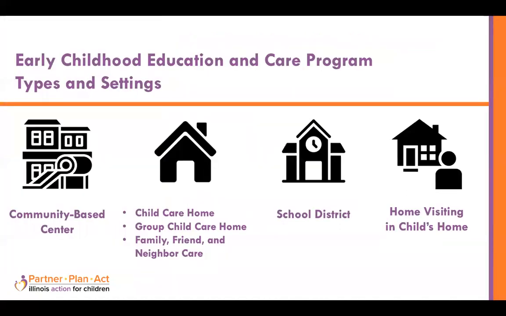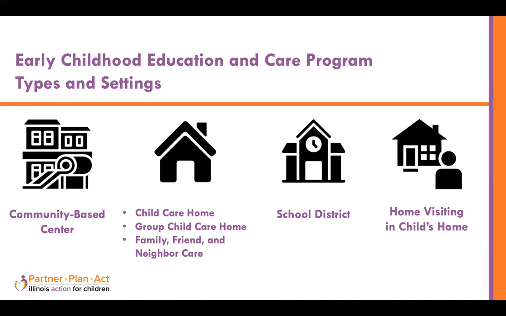Early care and education programs are typically provided in these settings. A community-based center is any facility that regularly provides child care services less than 24 hours a day to 3 or more children, with children ranging in ages from birth to 12 years old. Child care homes, sometimes referred to as family child care homes, and group child care homes, are both child care arrangements located in a residence. Child care home caregivers may only care for up to 8 children, including their own, or up to 12 with an assistant. A group child care home can provide services for up to 12 children plus 4 additional children with an assistant.